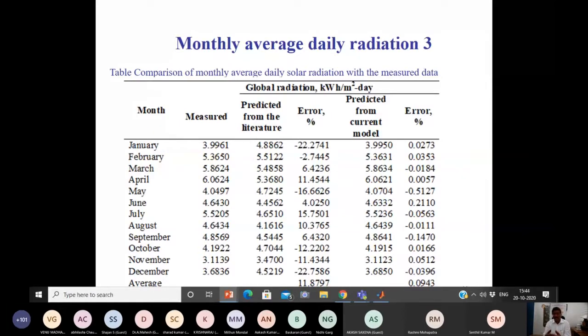But to prescribe any mathematical model to predict any solar radiation, maybe instantaneous radiation or the monthly radiation, at least 10 years of data we have to select. If you select 10 years of data, the error value will change. But because of the larger number of coefficients compared to the existing model, the accuracy will increase.